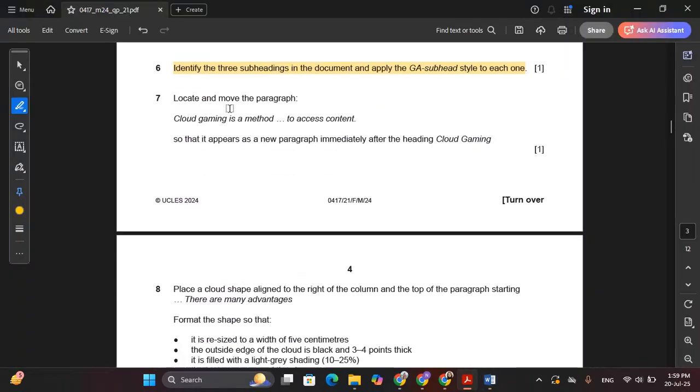Okay? Now, step number 7, they are telling you to locate and move the paragraph. Locate, it means search or find. For this paragraph starting with cloud gaming, ending with the sentence to access content. And the word move, it means cut. So you have to cut this paragraph and position it in another location. Now locate, I need to find out the cloud gaming, or the paragraph starts with cloud gaming is a